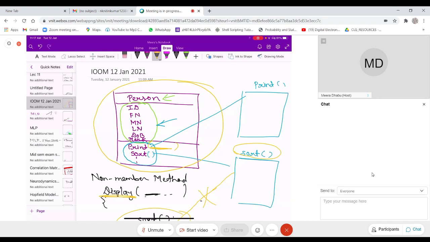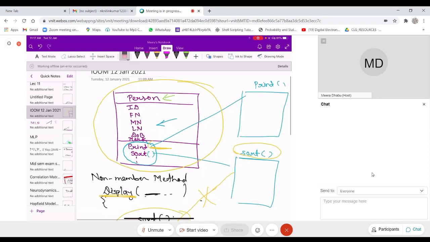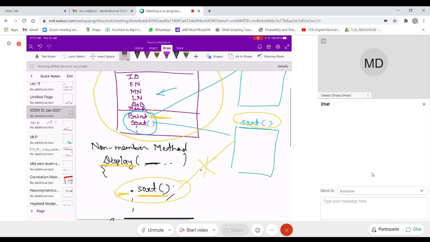What parameters need to be passed and everything, that they know. Any other query? Okay, let us move to the next topic now.